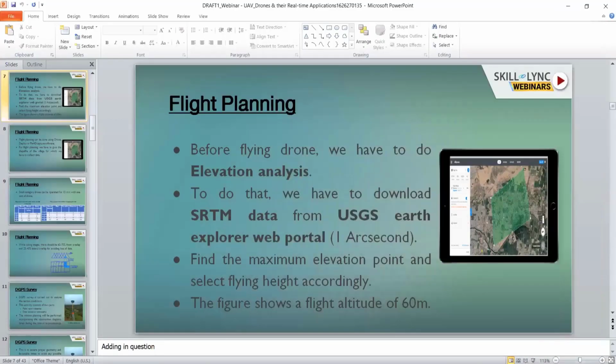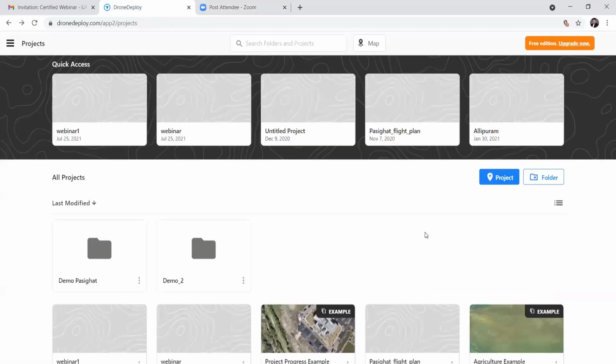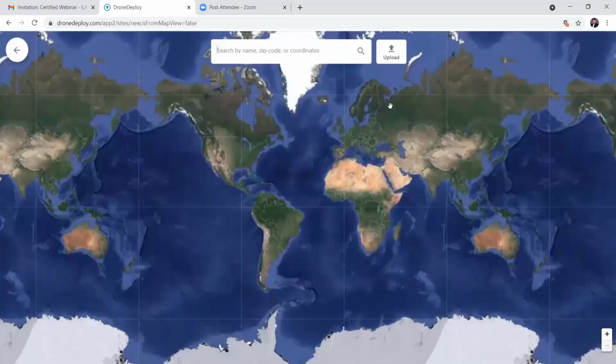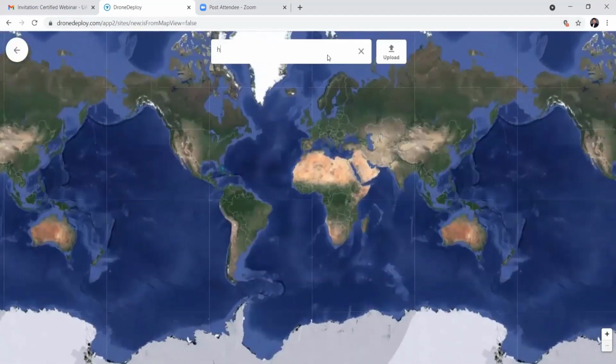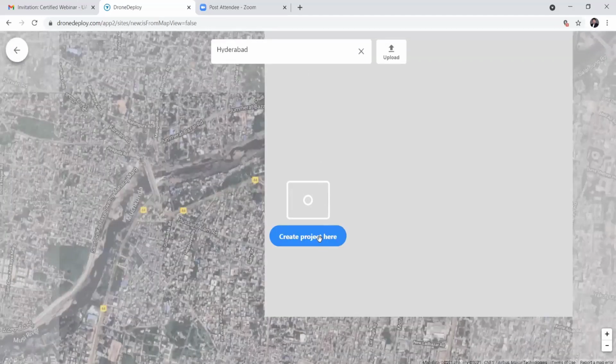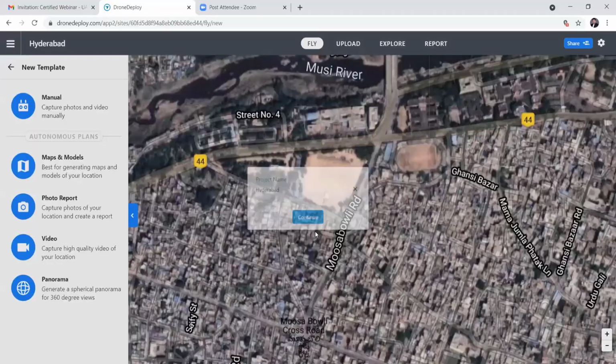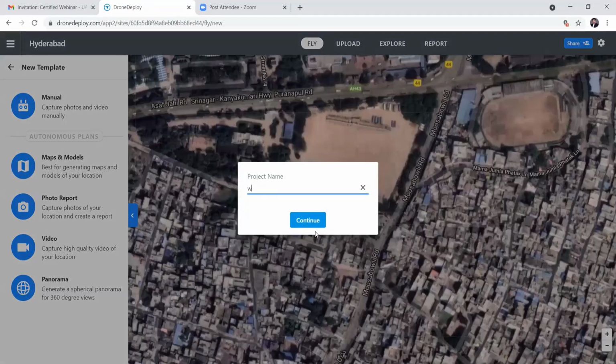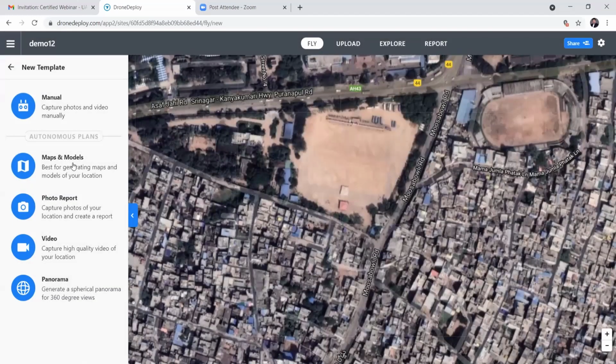So I will just demonstrate how we do flight planning. This is the DroneDeploy website. In this, we can make a project. I'm choosing the Hyderabad area and creating a project.